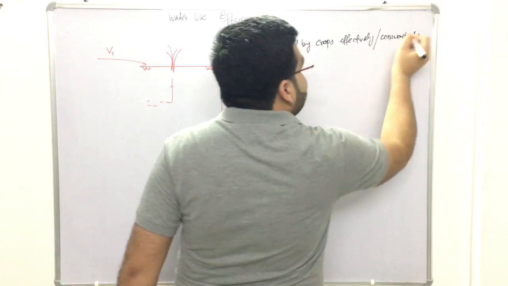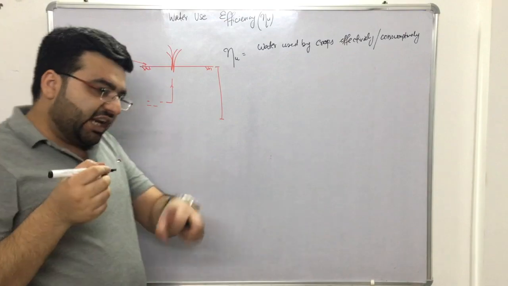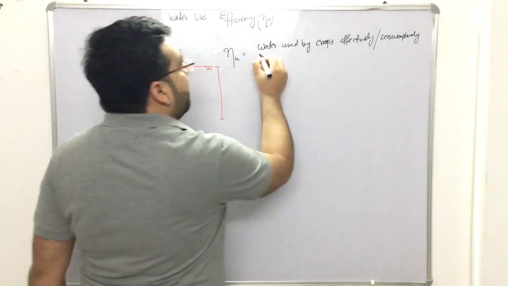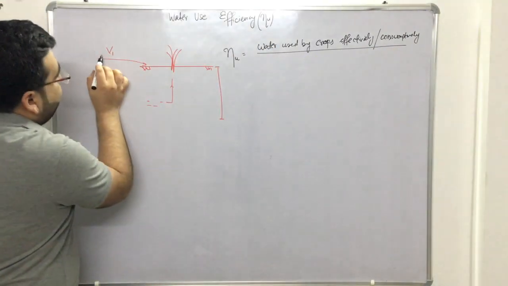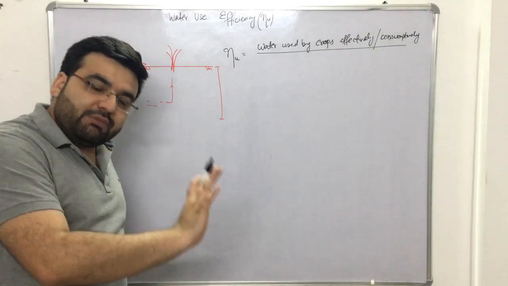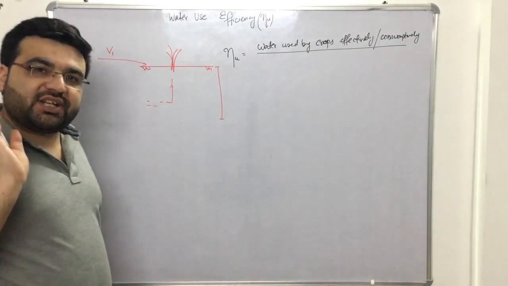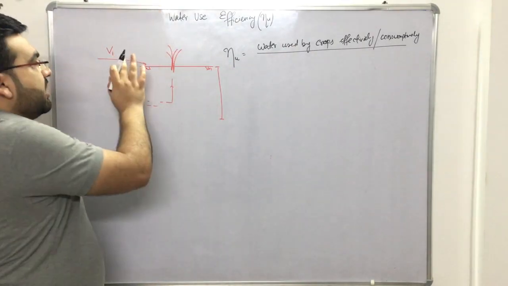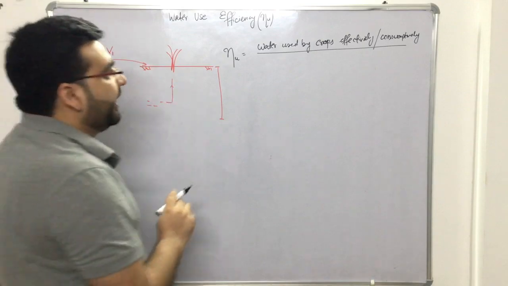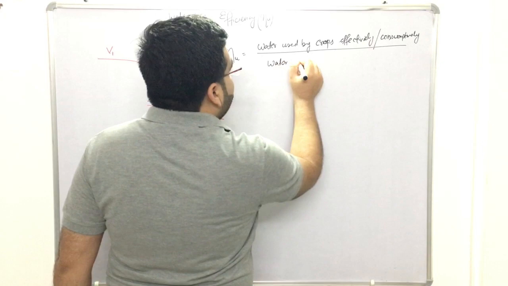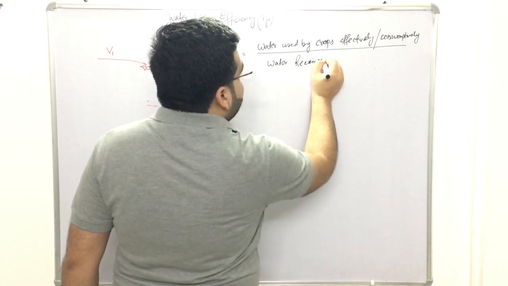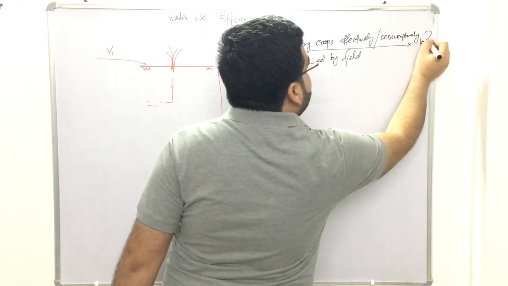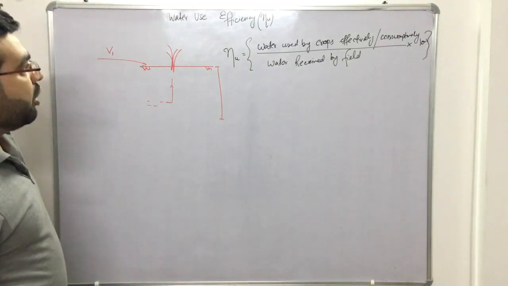Consumptively. Now what is consumptive use? The amount of water taken by the plant for maximum growth is the consumptive water, right? Divided by the volume of water transferred into the field, which we were already discussing, right? So you don't have to divide with the root zone water content. Whatever water was coming to the field, we have to divide it with that, right? So water received by the field. If you want to calculate it in percent, then multiply it with 100 also, right? So that is the water use efficiency.